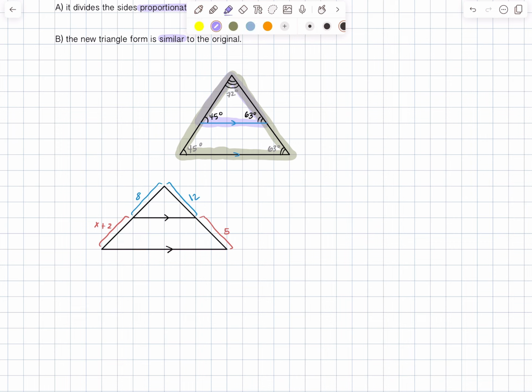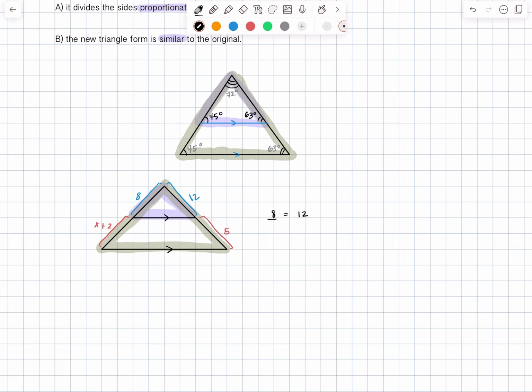We know this small triangle is proportional to the original big triangle. So we're going to make a proportion with fractions. If we add this up we get the total side, but we don't have to do that yet. So 8 equals,